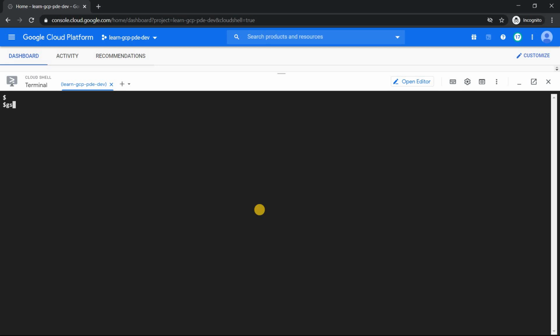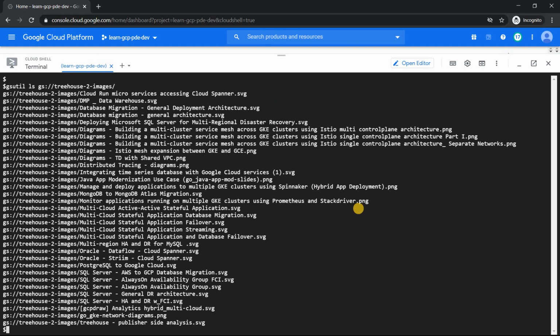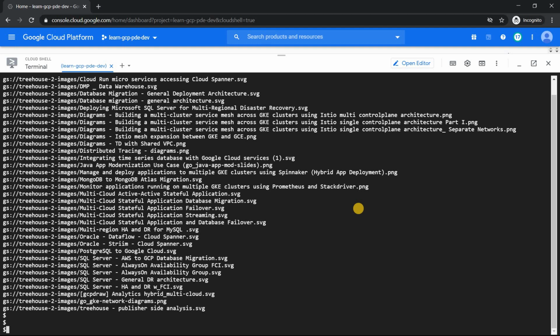If I just do gsutil ls gs://, followed by the bucket name, I will see the entire list of images which is made public. Now you see all the stuff we saw there is shown here. Even though these are public images, you're opening up certain extra information for somebody to see. You don't need to do that actually.